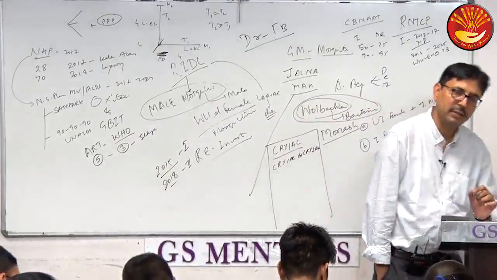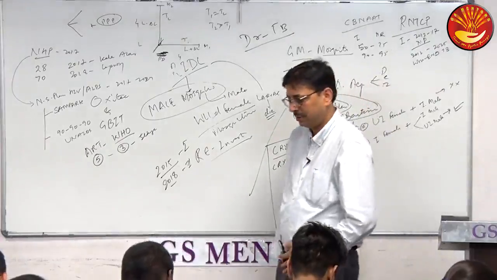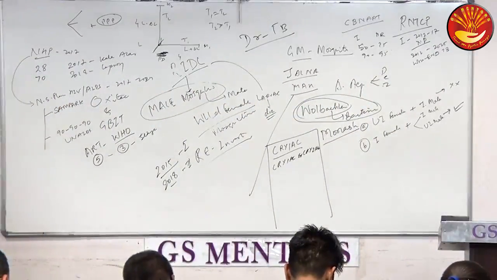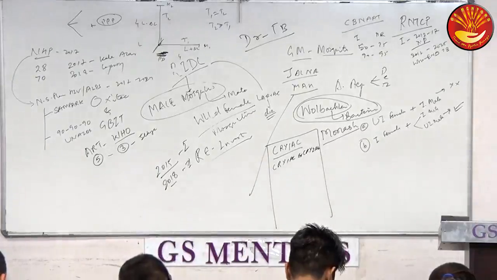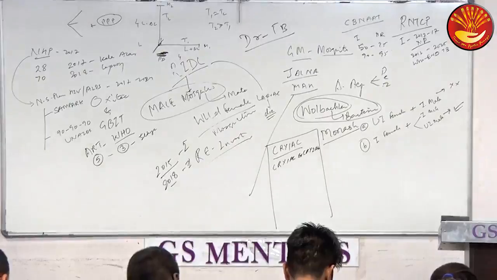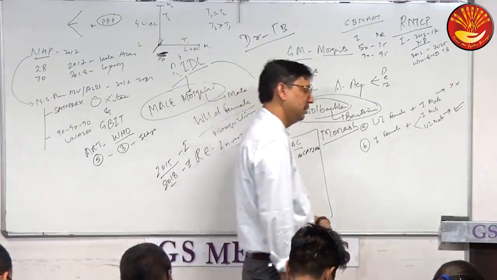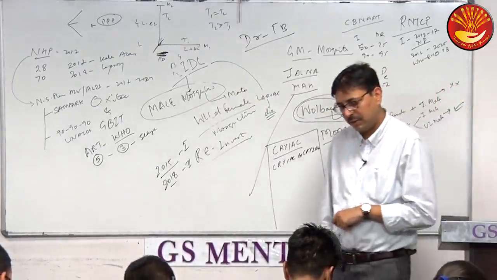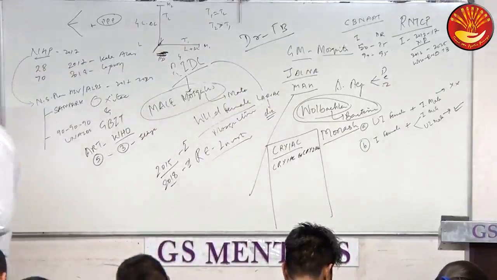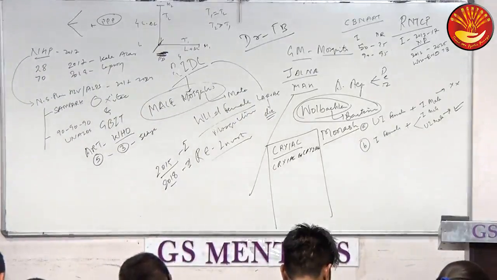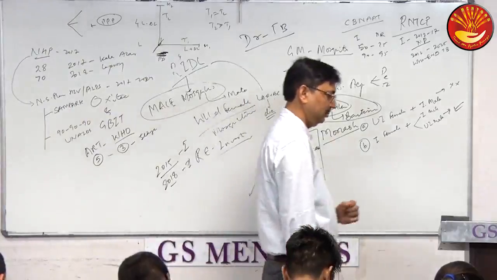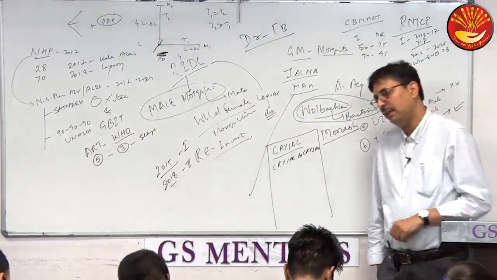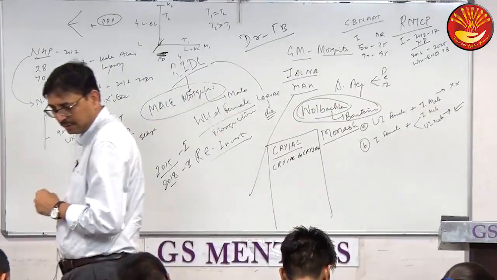Next one, GM mosquitoes. In Jalna district of Maharashtra, Oxitec, O-X-I-T-E-C, and GBIT, Ganga Bishan Bhikulal Investment Trust